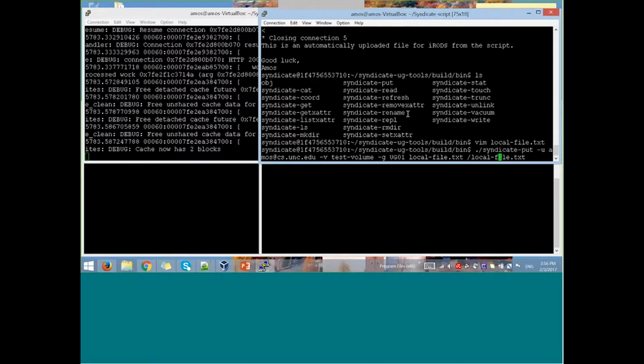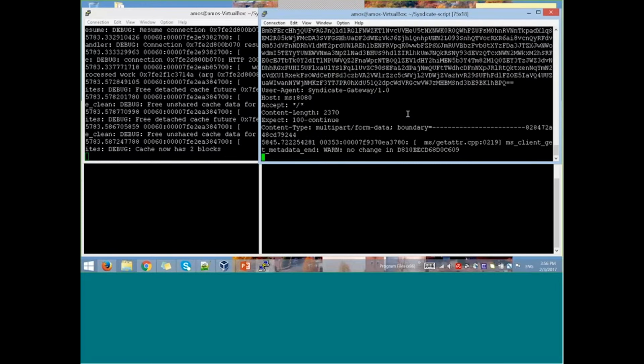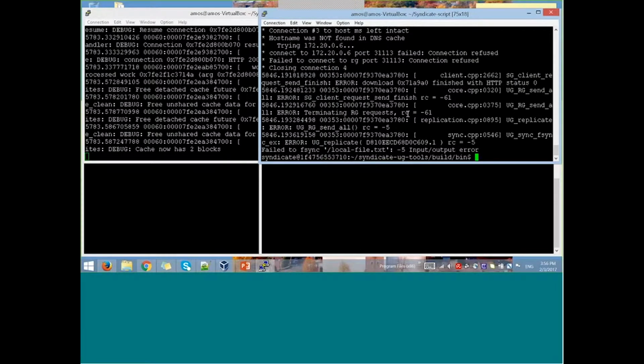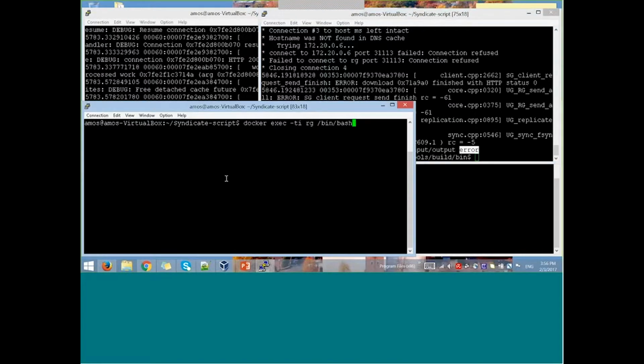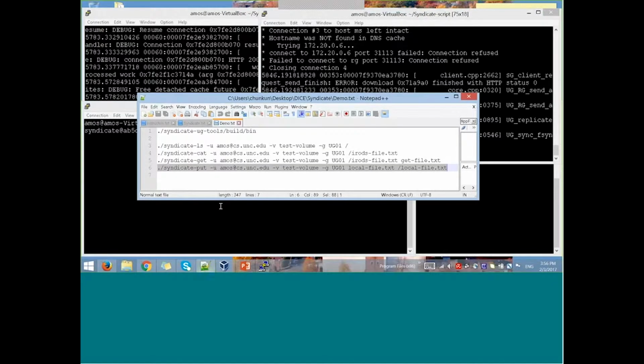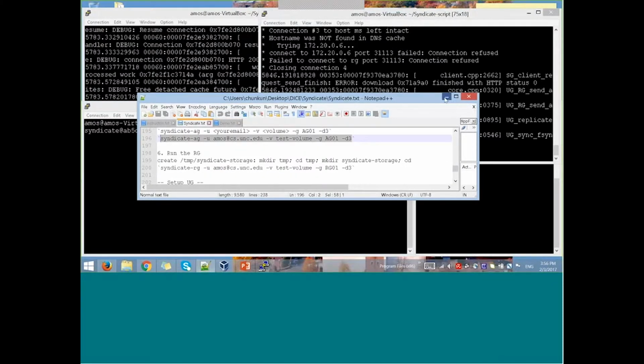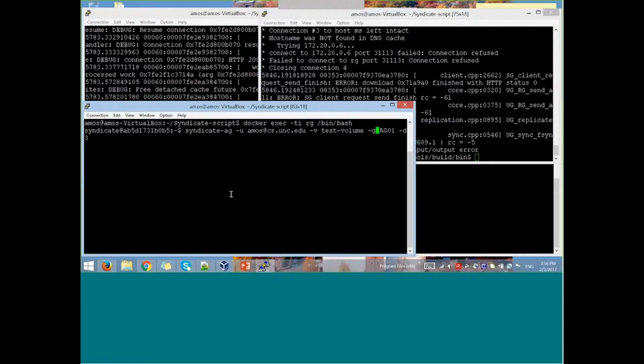the local file.txt, and then we can try to write to the Syndicate file system, but it turns out it will be an error because we have to activate the replica gateway first. So this window shows you the replica gateway. So here we have to change it, we are going to activate the replica gateway, and then